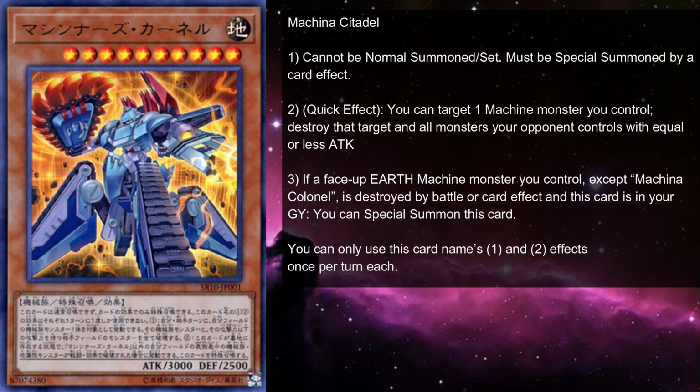As a quick effect, you can target one machine you control and destroy that monster and every monster your opponent controls with less than or equal attack to the targeted monster. Now, this is where things get a little fuzzy. As it turns out, my knowledge of Union monster rulings is a little rusty. From what I can tell, if you target one of your machine monsters equipped with the Union monster, on resolution, the Union monster will be destroyed instead of the equipped monster, and you'll still get to destroy all of your